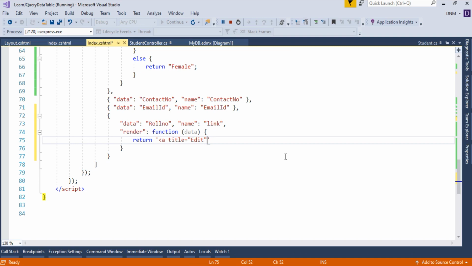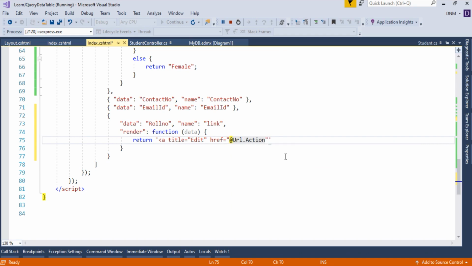If you are specifying the icon instead of name, then definitely you can go with title attribute. Then next important argument is href, where you specify the action method that you want to execute when this link gets clicked. So in MVC we specify it with the help of url.action, right?